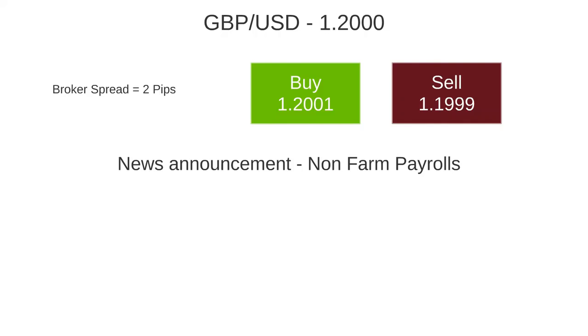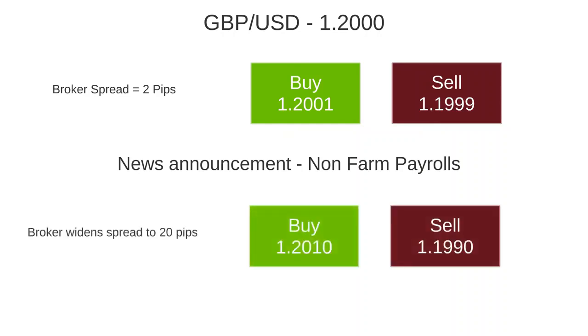So the price of the pound-dollar may go to something like 1.1990 to sell and 1.2010 to buy, meaning there is a 20 pip spread on this market now. For a lot of day traders, a 20 pip spread will make it very difficult to enter, but the initial